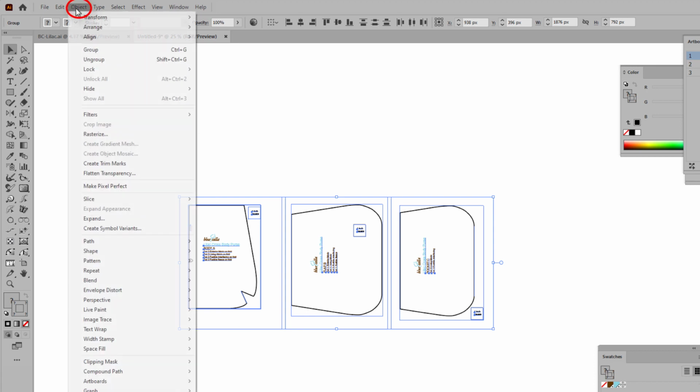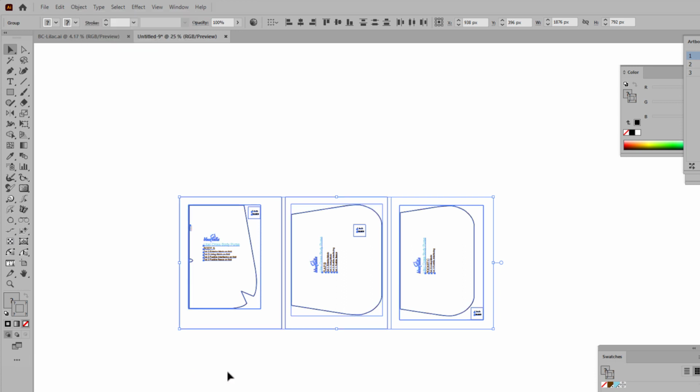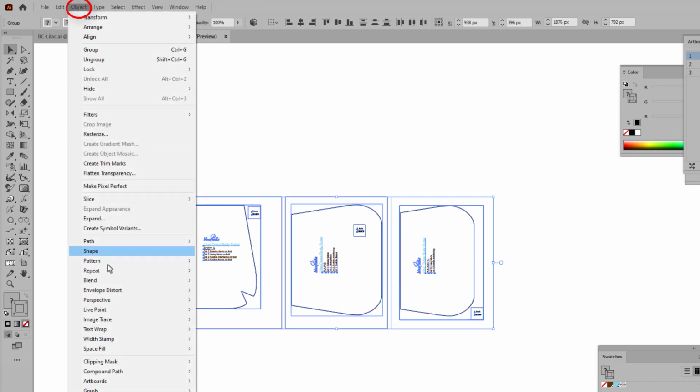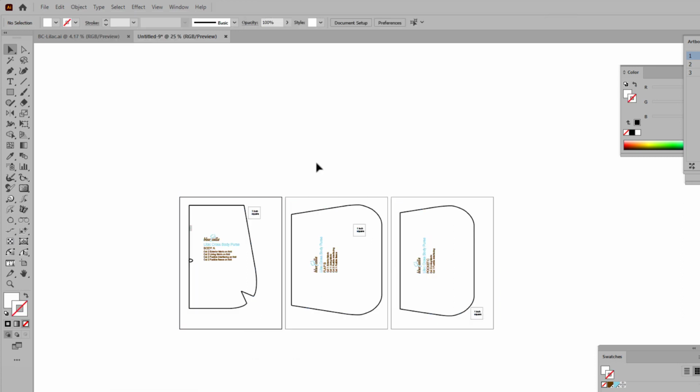Now you can go back to the Object menu, go back down to Clipping Mask, and you can see that it's still available. It means that there's still more clipping masks that we need to undo. So we'll go back, and this time it's not available, which means that all of the clipping masks are released. Okay, with that done,